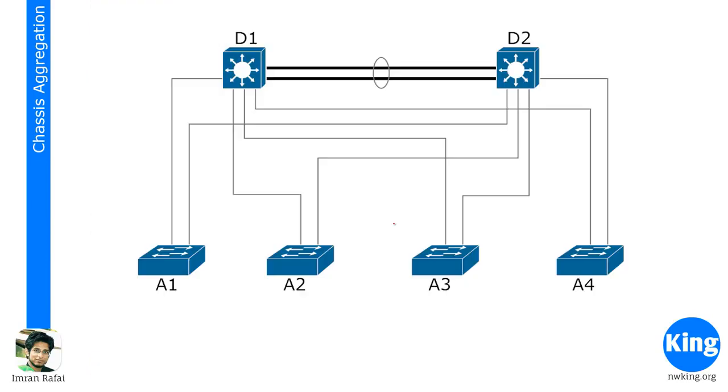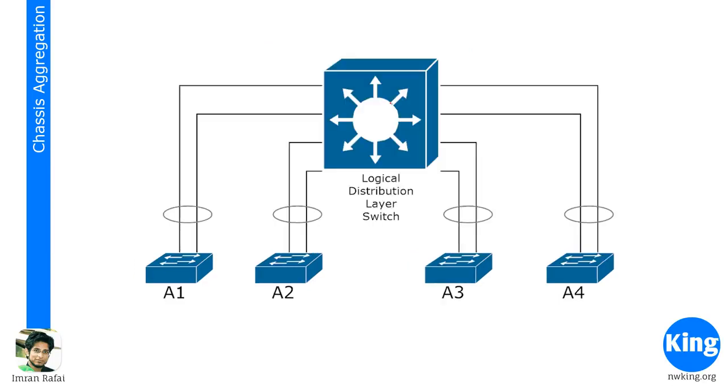Now again, going back to our old diagram, you see D1 and D2, they are already in EtherChannel. Normally when you do EtherChannel, you know that you're connecting Ethernet ports and doing EtherChannels. That's the thing with chassis aggregation, you really don't need any extra modules. You can make use of your Ethernet ports and create chassis aggregation. So basically you would connect line card 1 to line card 1, and line card 2 to line card 2, and then you can combine them together to form a logical